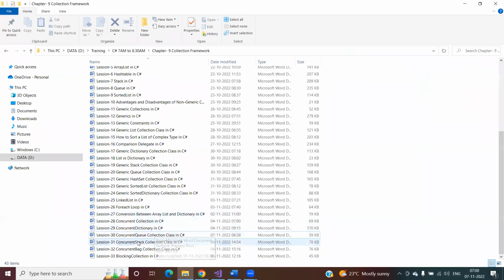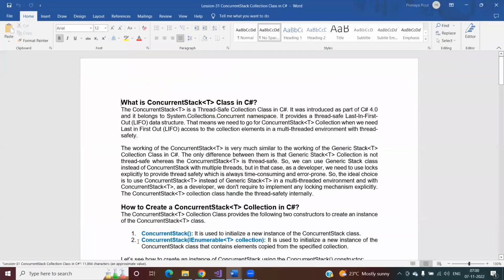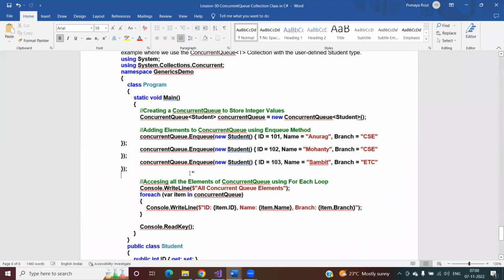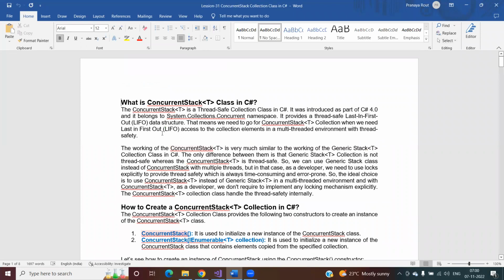Okay, the next one, what we are going to see, I'm going a little fast. Why? Because this thing we have already discussed 2 times. Within our non-generic stack and queue, and we have already discussed the same thing in generic stack and queue. Again, I'm going to discuss the same thing with the concurrent stack and queue. We just need to understand the difference between them. Functionality wise, they are going to do the same thing internally. Internally, they are going to follow the same LIFO and FIFO principle. The difference is that